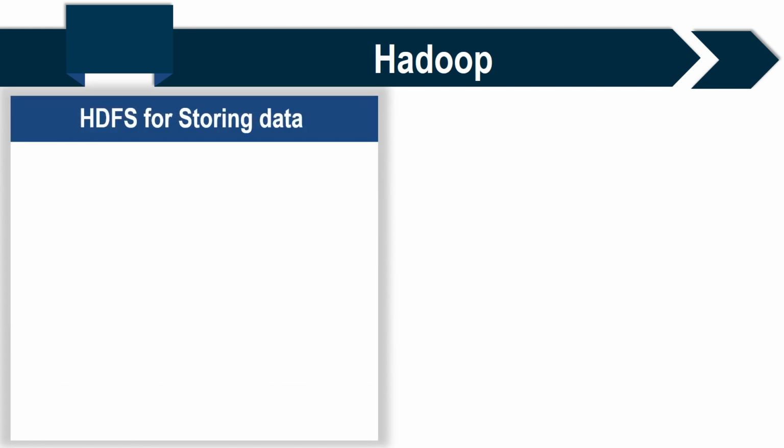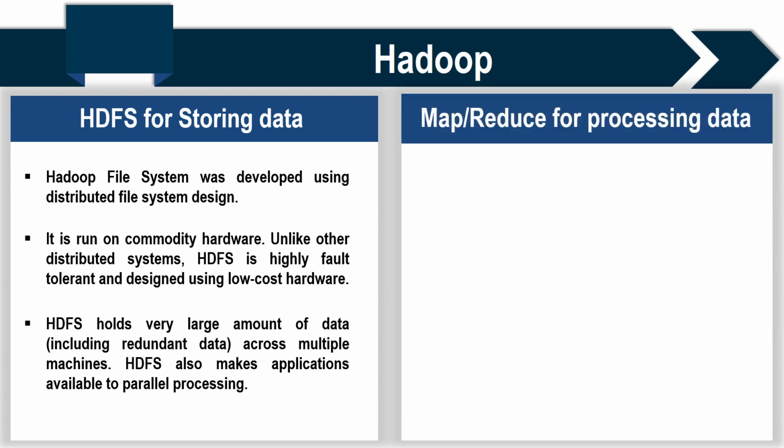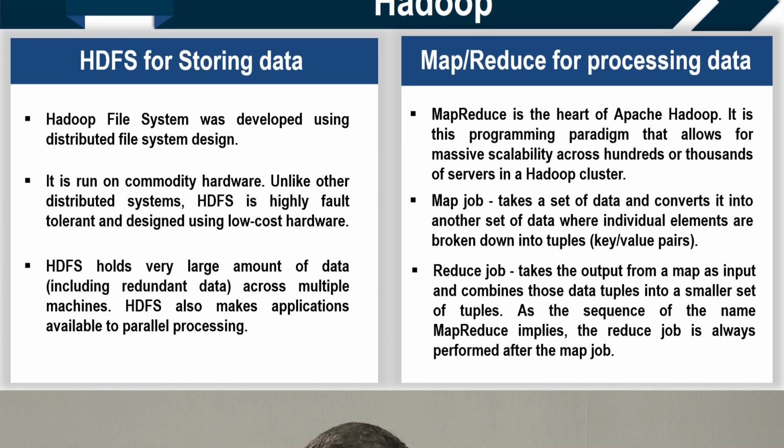When we look at Hadoop, there are two parts of this architecture. The first one is the Hadoop file system, which is called HDFS, and another one is MapReduce for processing data. We have already seen how the Hadoop file system helps in managing data, and the MapReduce with the operation of performing the map function and then applying the reducer to get the result. Let's look at